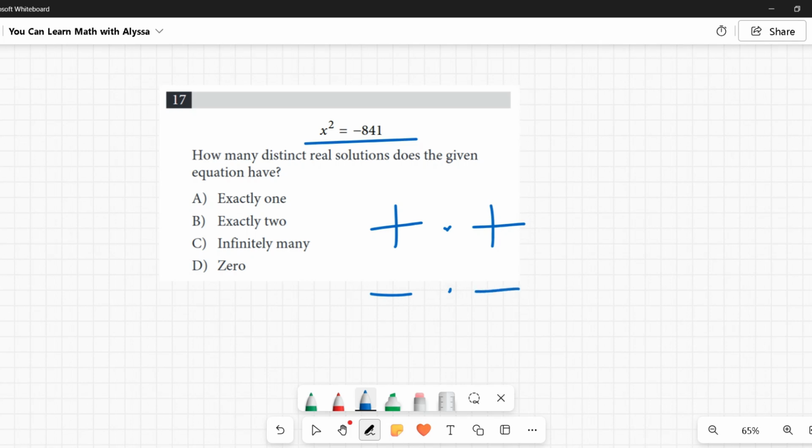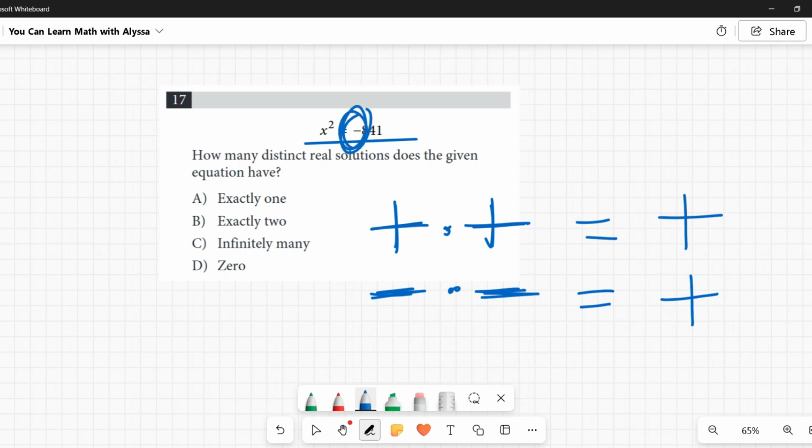It's the same number times itself. Those are the only two options when we're talking real numbers. There can be a real positive number times itself, which would be another positive number, or a negative number times itself, another negative. In this case, a positive times a positive equals a positive, and a negative times a negative also equals a positive. So there is no way that a real number squared would get us to a negative